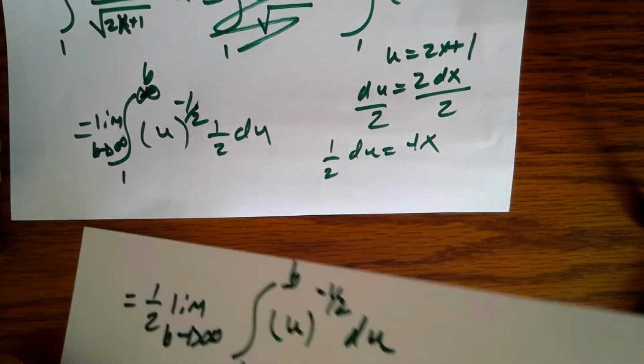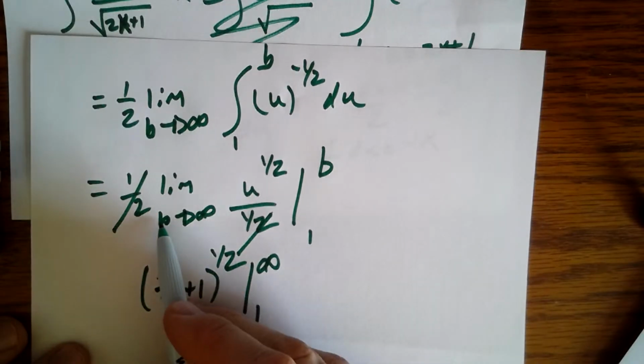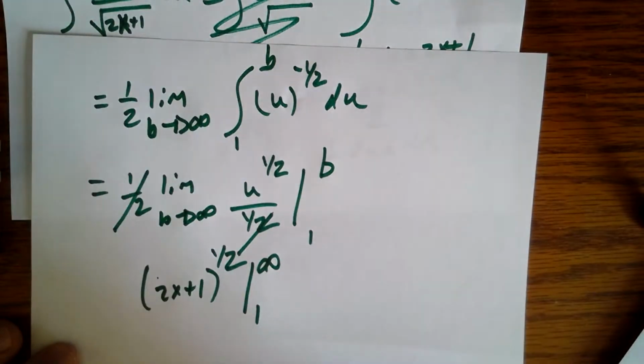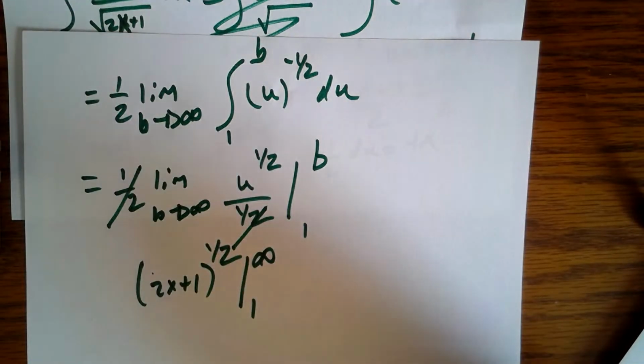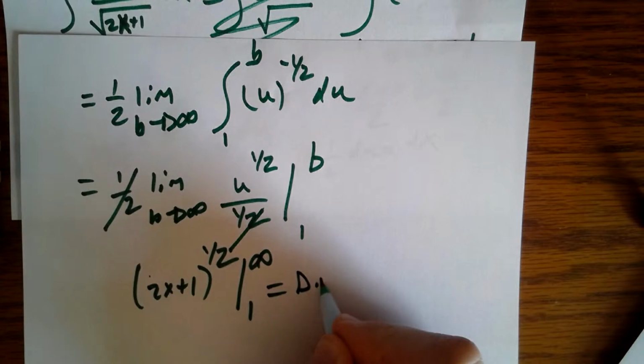What's this going to? That's not a 6, that's a b. Remember, this is an improper integral, so you've got to use limit notation for it. Substitute in. At 1, we get a finite value, but at infinity, it diverges. So it diverges,